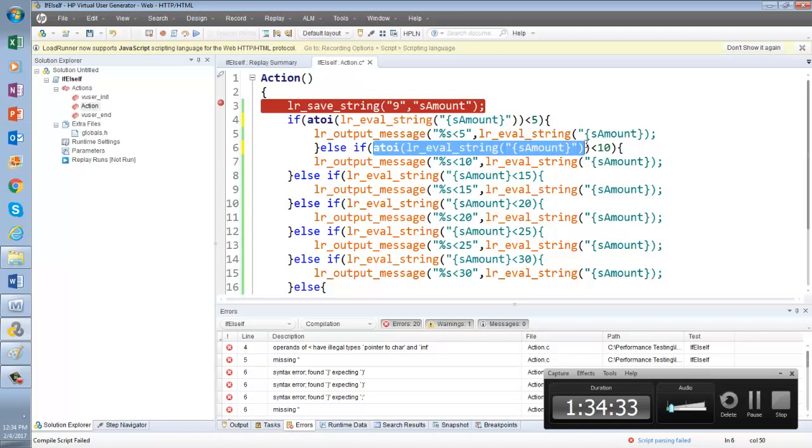One more closing, because after the if, can you see, we have started this one and we have closed this one. When you click on it, you can see which one it is paired with.